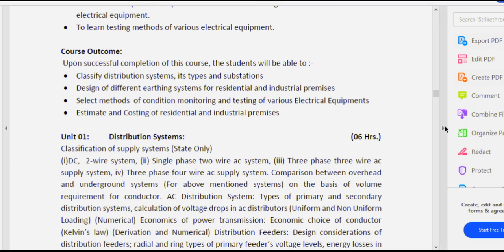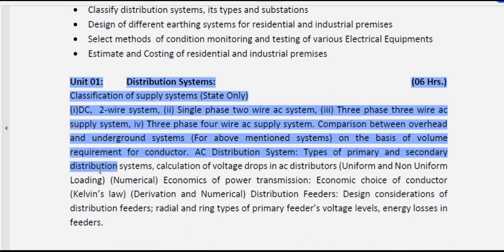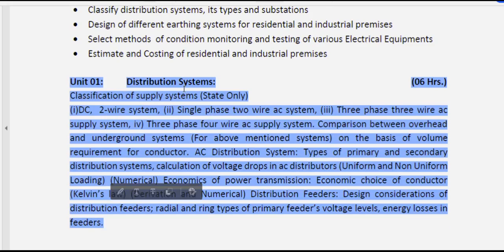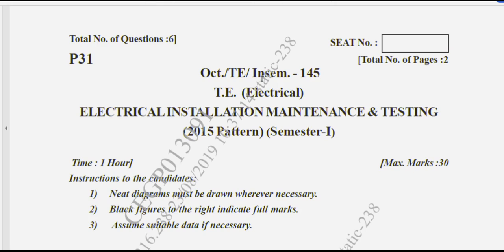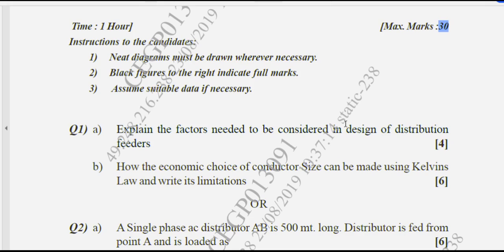We have finished unit number 1, and under this unit we have discussed the distribution system, which is an important concept in the power system. So today we are interested in taking the questions which have been asked in university exams, for the in-semester as well as the end semester exam. So the first question asked is,